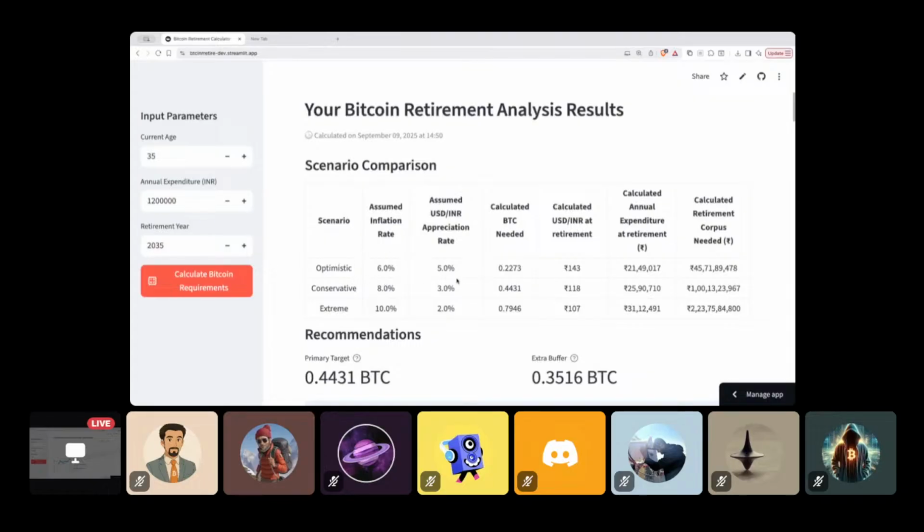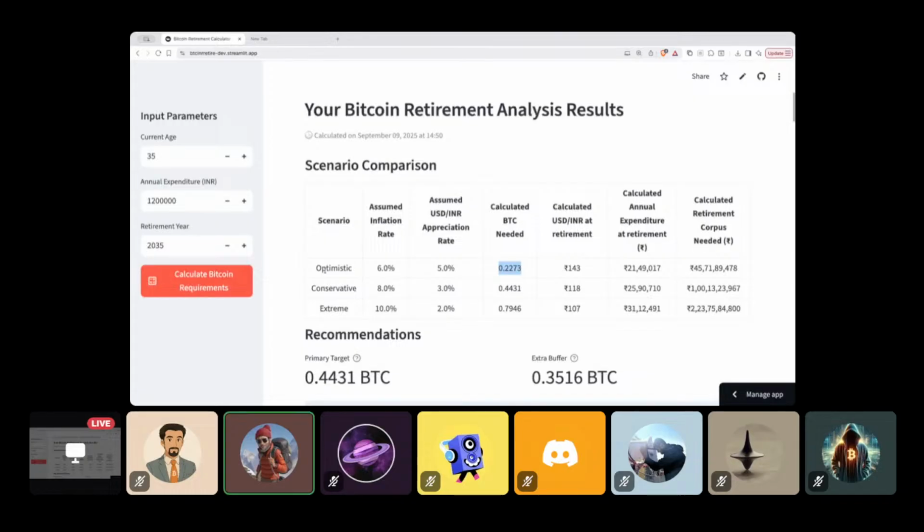In this scenario, you will probably need somewhere around 0.22 BTC for your retirement, from 2035 till you are age 90. You can live off with 0.22 BTC for the rest of your life, provided you maintain this 12 lakh of